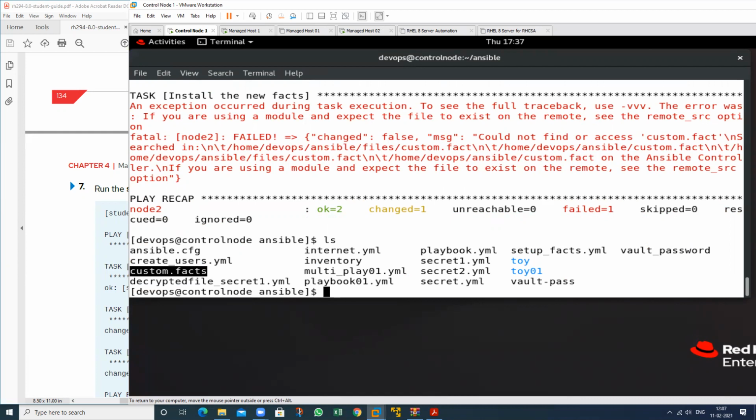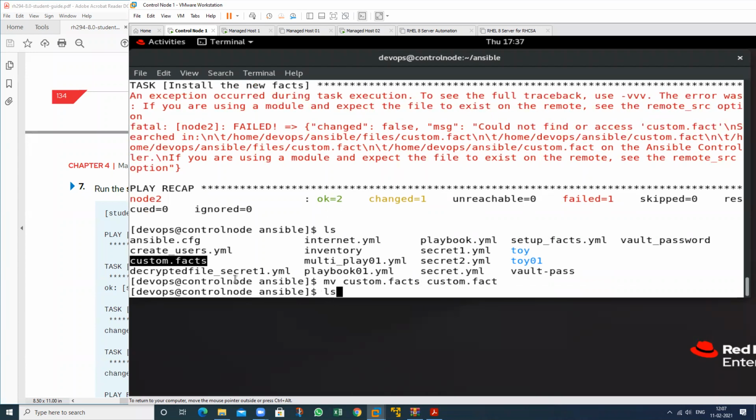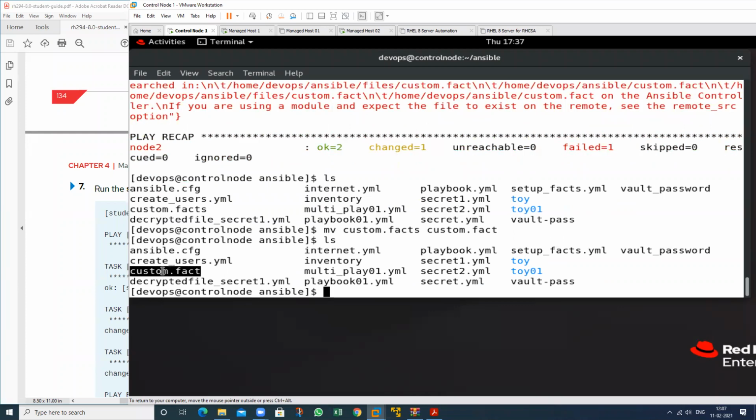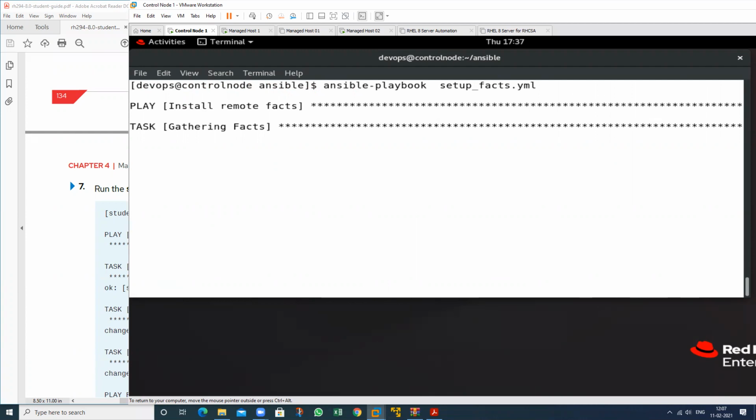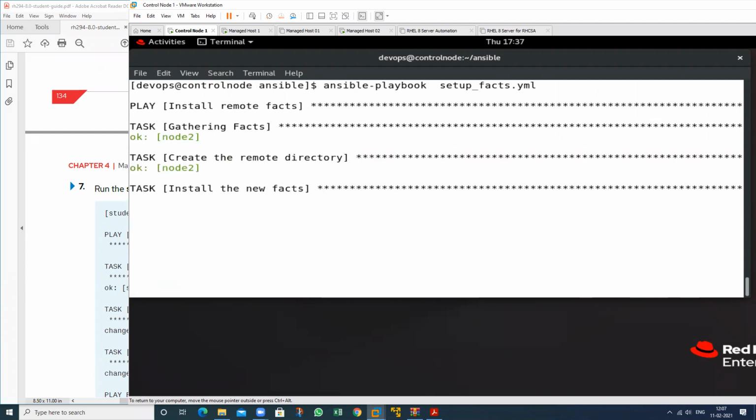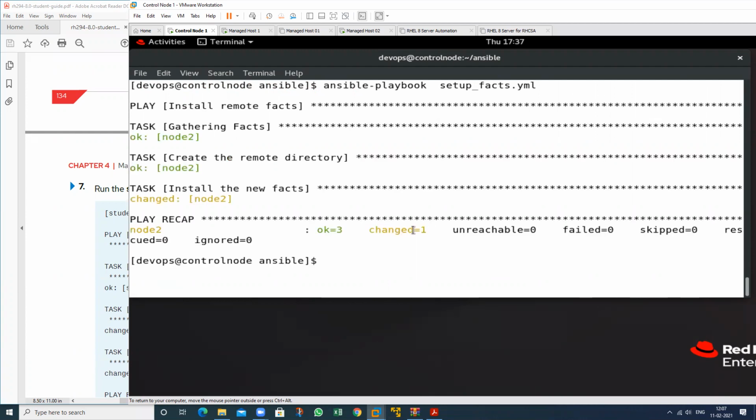Just use mv for rename. Which one? Then again remove this, then run again. My name is changed. Then run this particular file again. Then it will create that particular file, because I have already done all the concepts.